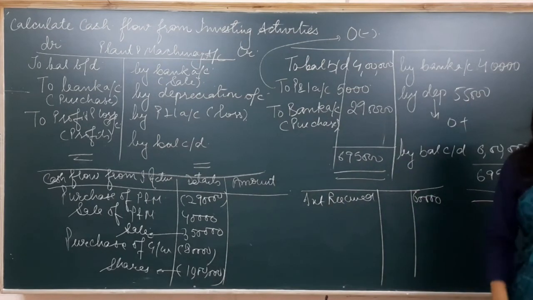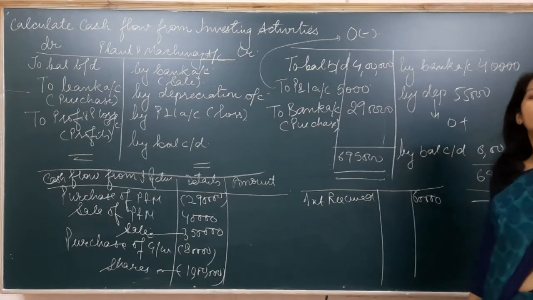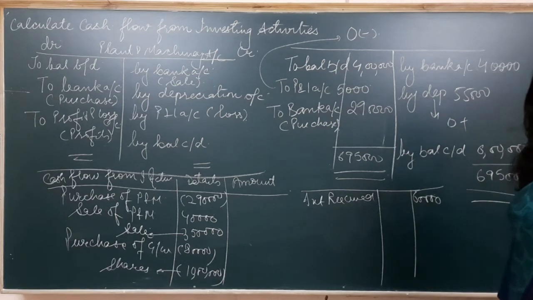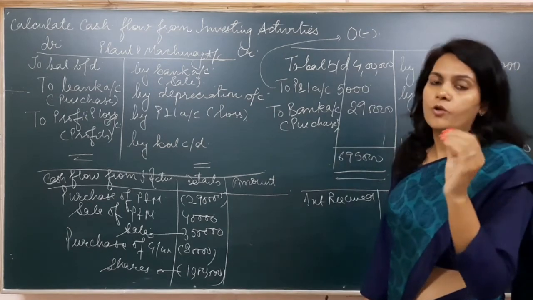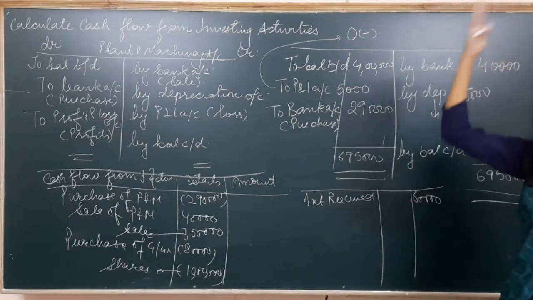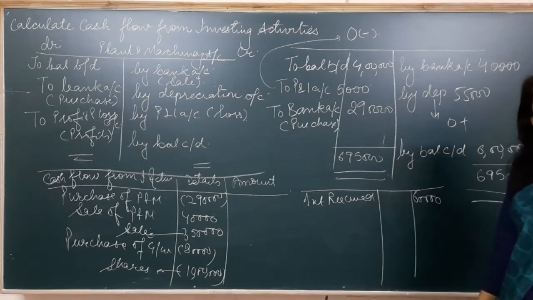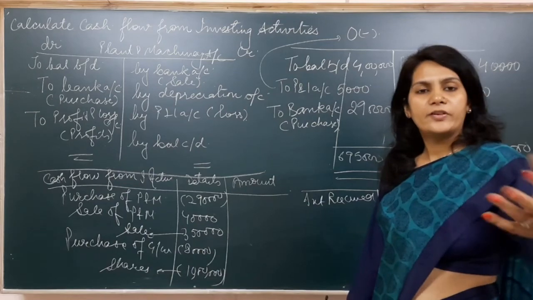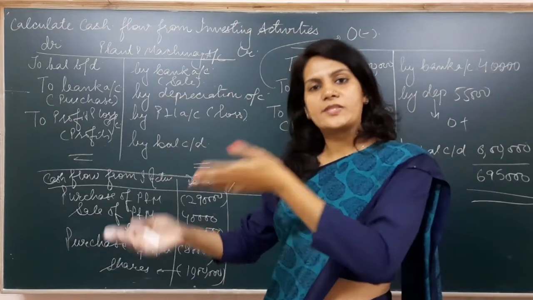Now one additional piece of information is still left. It is 9% dividend was received from Miko Limited. It means that we have received dividend. Just like you received this interest and subtracted it in operating, in the same way I am receiving dividend and it is a non-operating income only. So I have to subtract this dividend in the operating. I have to subtract this interest in the operating, but both will be added in investing, because investment, dividend and interest, the source of these things is itself an investing activity.